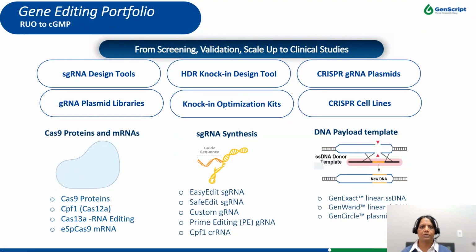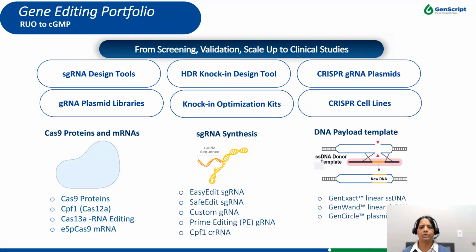As a leading provider of nucleic acid for CRISPR, GenScript offers a broad range of CRISPR solutions to support various gene editing and therapeutic needs. Our gene editing portfolio is built to meet the expanding demand of cell and gene therapy. And here are some important reagents and services offered by GenScript, which include the sgRNA design tool as well